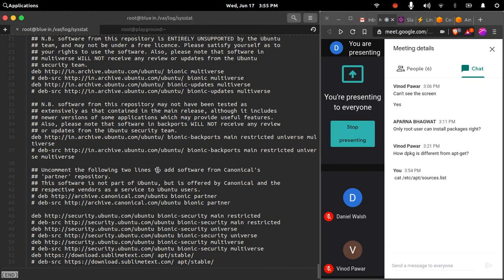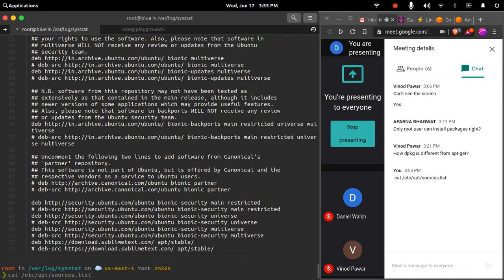Under this repository list it will go and check for the package that you provide. Apt does this by default whenever you write apt install and some package name. It will check for that package in the available repositories. Whatever repositories you have on your system, it will check for that package and install it with all the dependencies. This will all be automated. You need not worry whether that package has some dependency or not. You will not be bothered about resolving those dependencies.